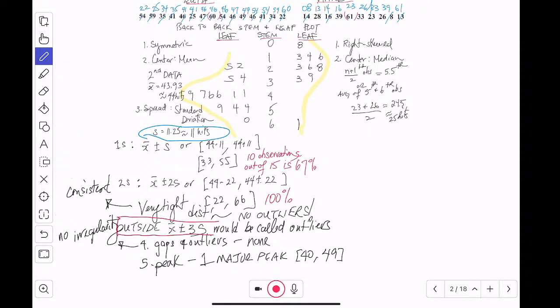We have none. Yes, you do that to see if there's an outlier, or you just do it to see how spread out the data is. That's how you use mean and standard deviation. This is your best use of it, to make intervals, to interpret what you have. So a high standard deviation means very spread out. A small standard deviation means tight distribution, more consistent.